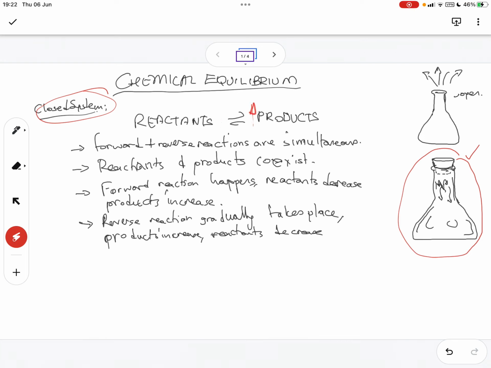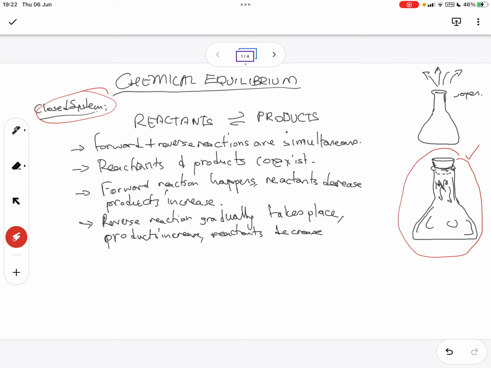As soon as reactants decrease in quantity to start forming products, you also start having the products decrease and form reactants. Because the reaction happens at such a microscopic level, these reactions happen so quick